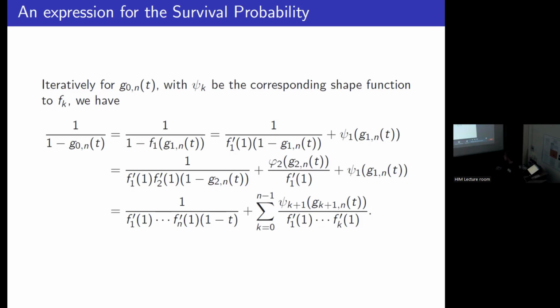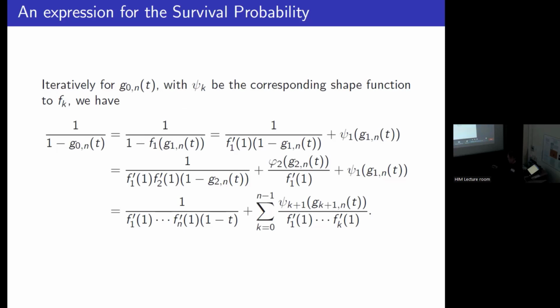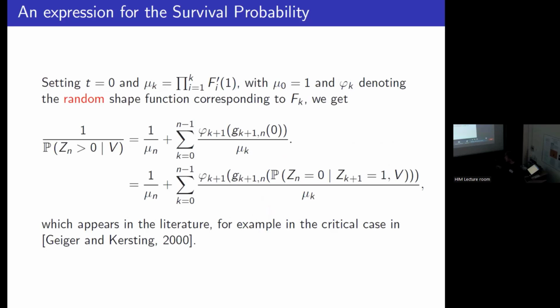All right, now I'm doing this n times, and I don't want to show you all n steps, but we will arrive at this formula. Below here, it's just the expectation after n generations, and it's the same here, just the expectation in the kth generation. And we are always evaluating these psi_k, these shape functions, at these intermediate points. And now comes a nice simplification. In the end, as you remember, we want to plug in t equals 0. So this t here vanishes, and we're just evaluating at 0. Plugging in t equals 0 and writing mu_n as shorthand for the expectation in generation n,